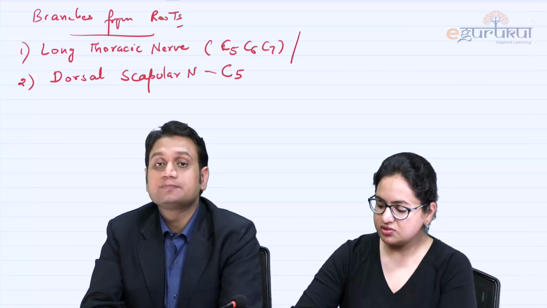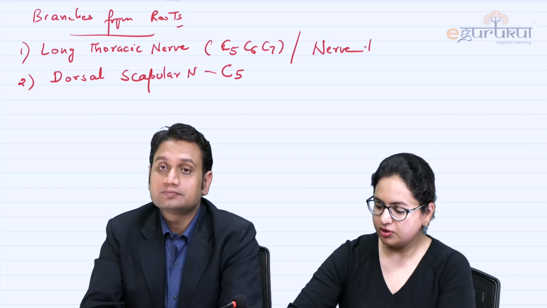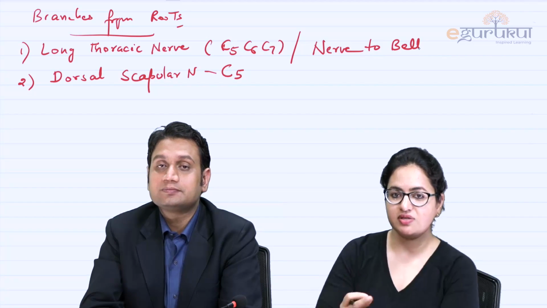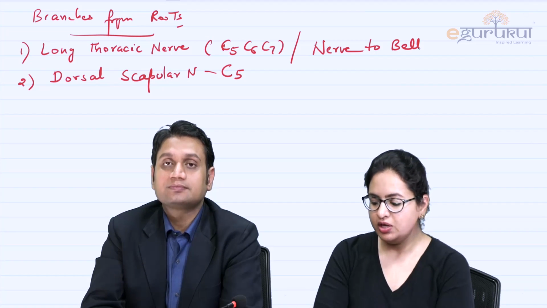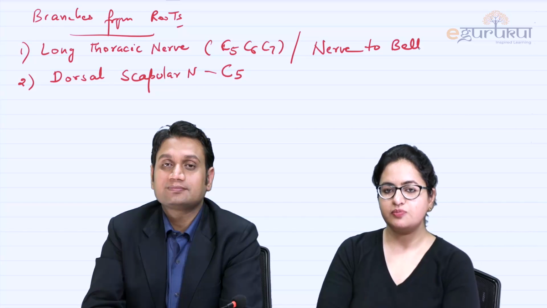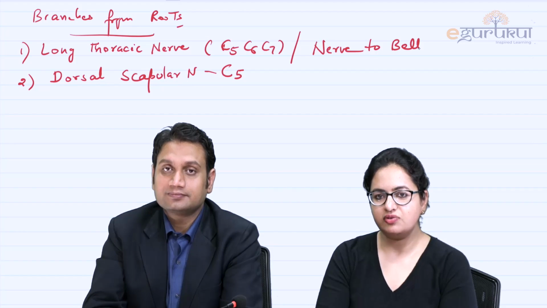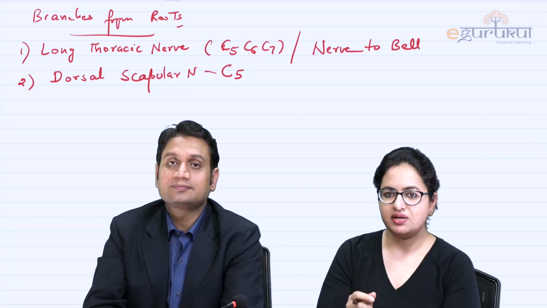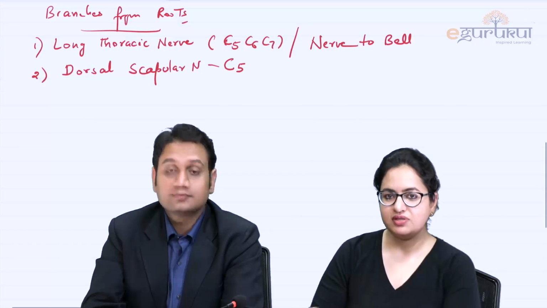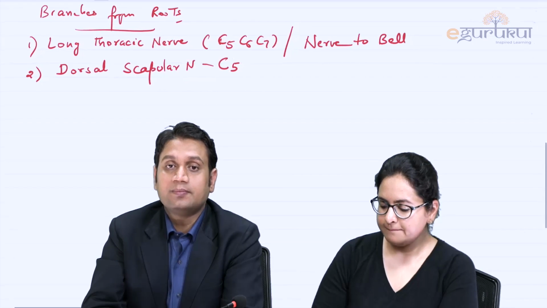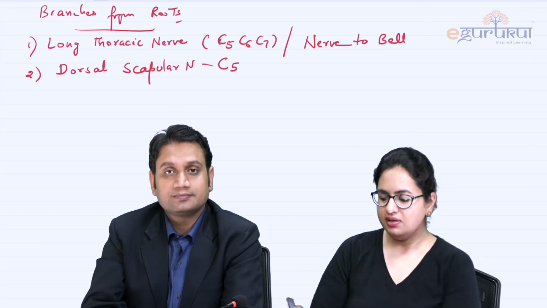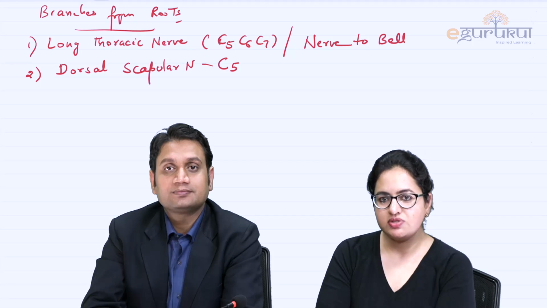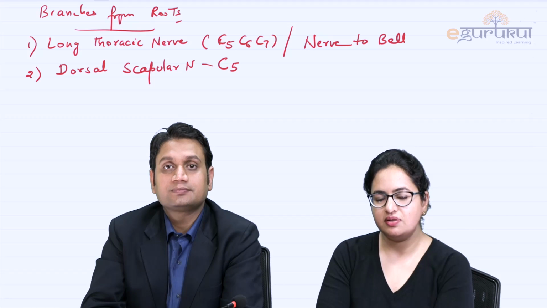Next. The long thoracic nerve is also termed the nerve of Bell or nerve to Bell. This again can be asked as a question, and as we have just discussed, if there is injury to this, it leads to the formation of winging of the scapula. For the winging of the scapula, we say there is a prominence of the medial border and the inferior angle of the scapula. Now this again can be asked as an MCQ, which portion of the scapula is prominent. Whenever we say that the medial border and inferior angle are prominent, this is actually due to the unopposed action of the rhomboids major and minor.